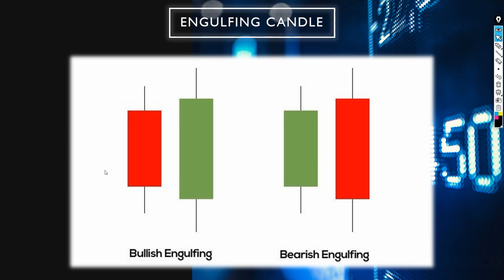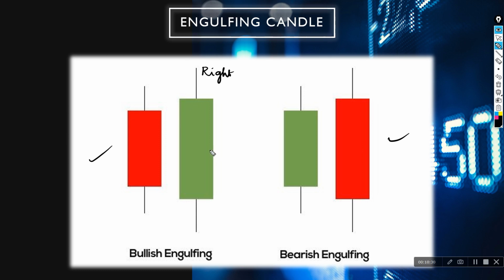We have engulfing candles, right? So engulfing candle means what? Something that is engulfing or eating the other, right? So that's what you will see here. Here on the left hand side you can see bullish engulfing, on the right hand side we can see bearish engulfing, right? Now the name of these candles is given after the right side candle,